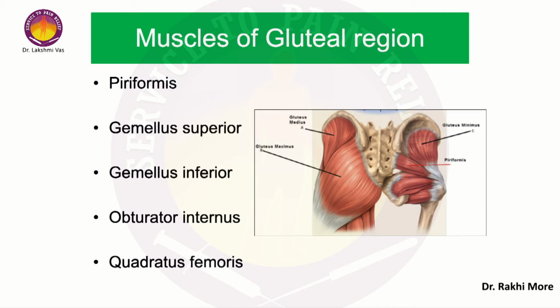The sciatic nerve lies between the piriformis above and this trio of gemelli, the superior, inferior with the obturator internus in between them. When you see it in dissection, it is quite a confusing thing to understand because they are starting from the inner aspect of the obturator foramen, and from there they are forming a sling. They are actually coming out through the lesser sciatic foramen to insert into the, where is that? Where are they inserted? On the greater trochanter. On the upper border of the greater trochanter.